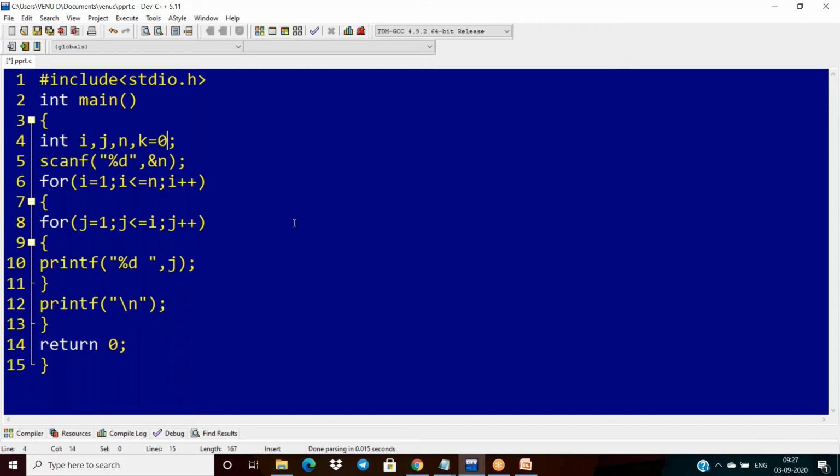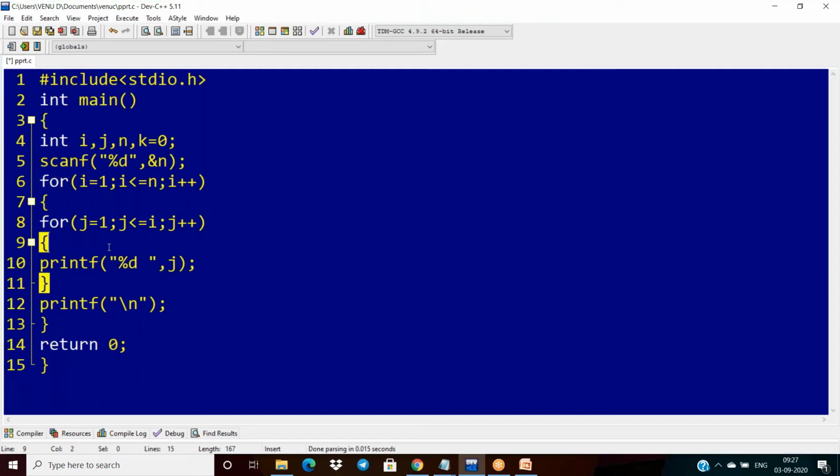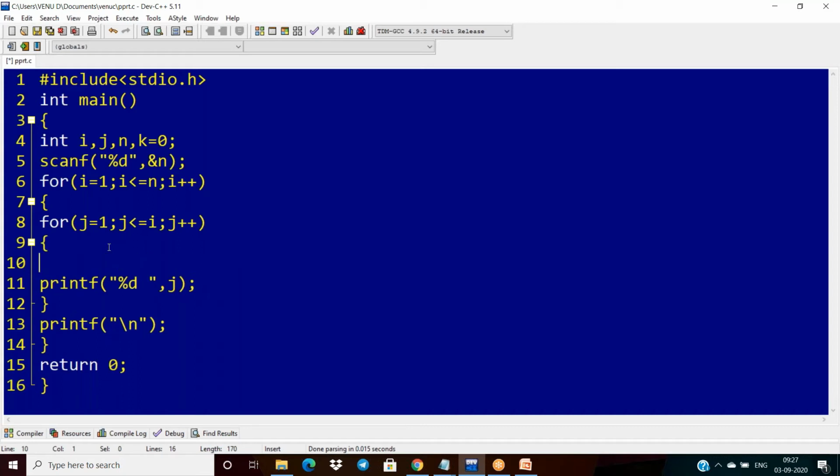When the condition is true and the cursor comes into the inner loop, we would print the j value, and 1 will come. But my intention is that for each iteration inside the inner loop, the k can be modified. So first I can increment the k.